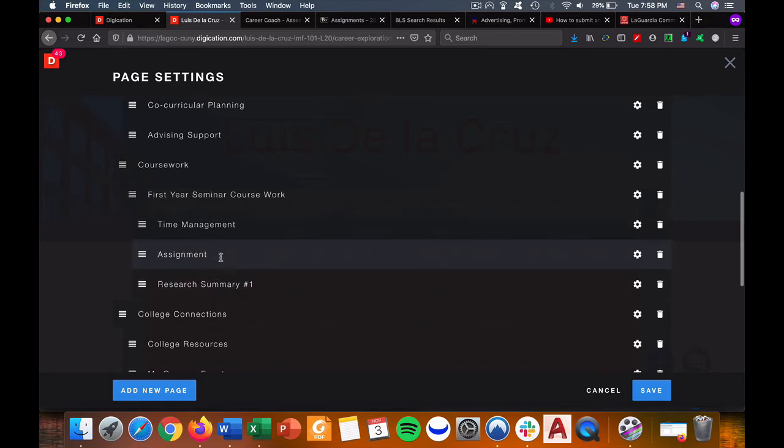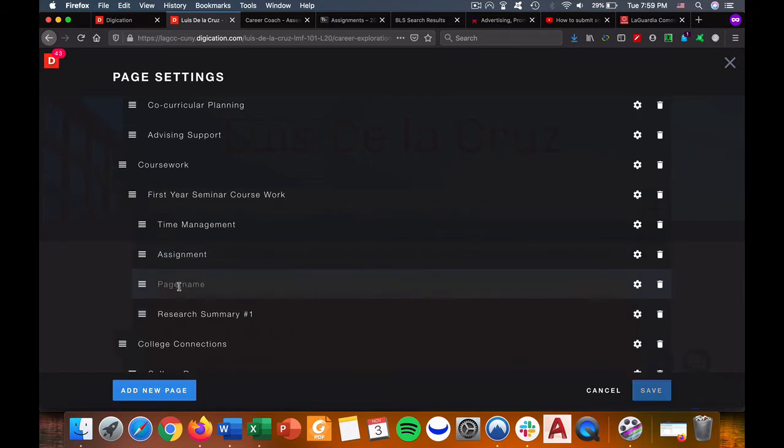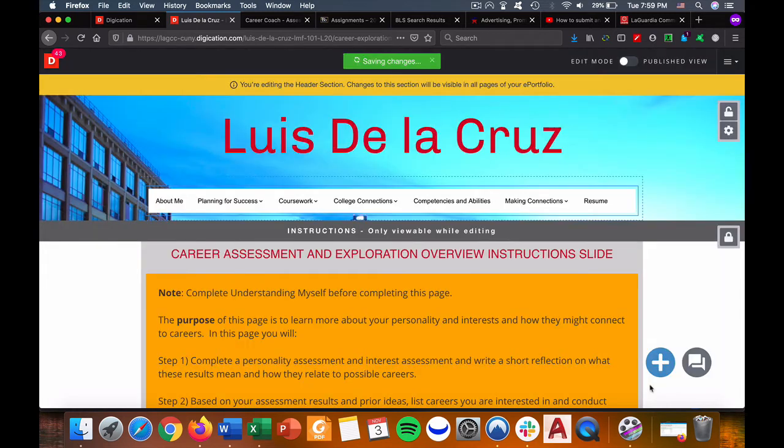So in assignment, you need to click it, and then when you see that it's blinking, you press enter, and then it will create a new page. Once you have a new page, you need to name it. In this case, you can name it research summary. I already created research summary number 1, so you can just do the same thing. In this case, I'm gonna create research summary number 2. Once you create this page, you need to click save. So you click save,